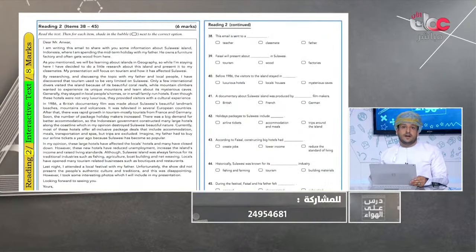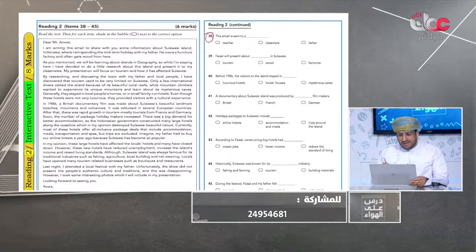This is the reading exam here. So you have a long interactive text tomorrow, inshallah. It starts with Dear Mr. and then the text. No need to panic. Don't worry if the text is too long. Try to go to the questions immediately. This is the best, I think, and you may have your own technique, of course.